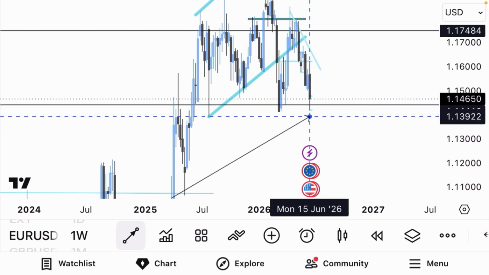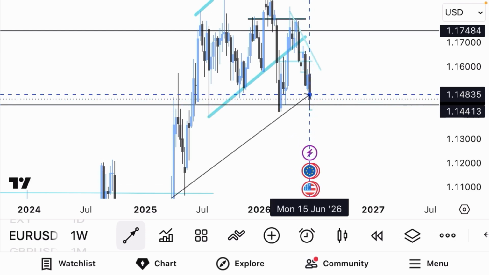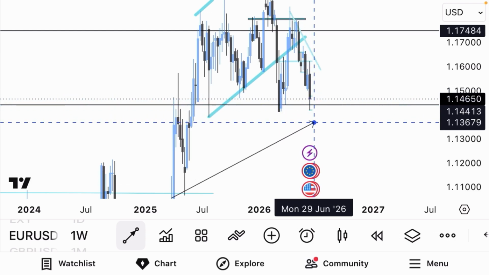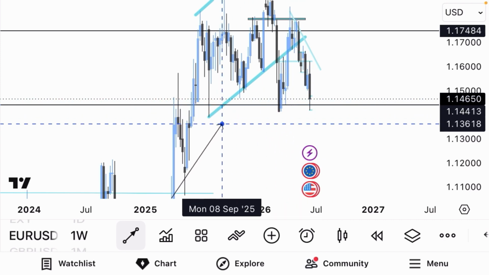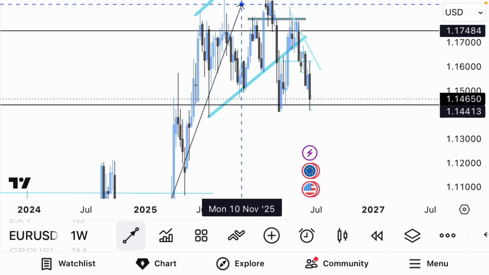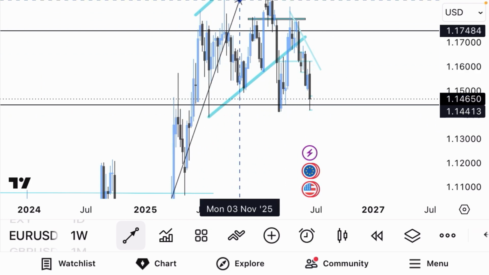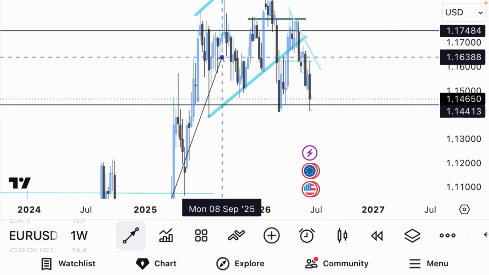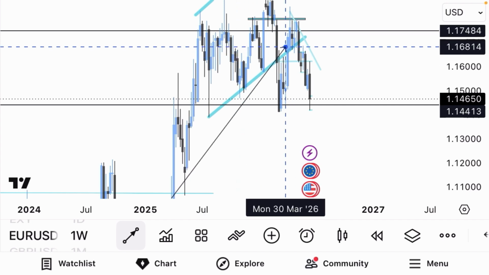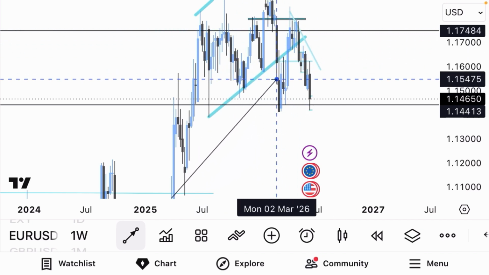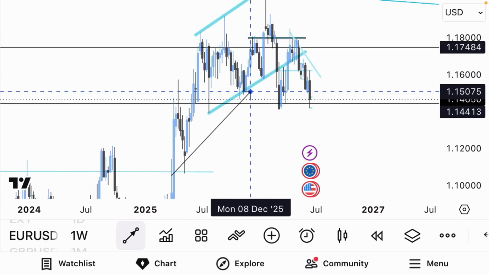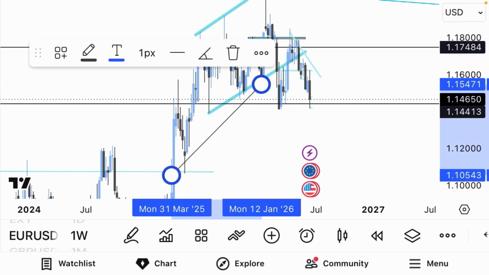So this is a strong level, and I would advise that before you take any trade on the Euro USD, you first wait for a confirmation of a break below this level, because as you can see, in previous times the market has always rejected off of this level. This is a big, massive consolidation sideways movement that I have been praying this market will break and finally give us a weekly bearish trend. But when we also look at the Euro USD on a daily time frame,